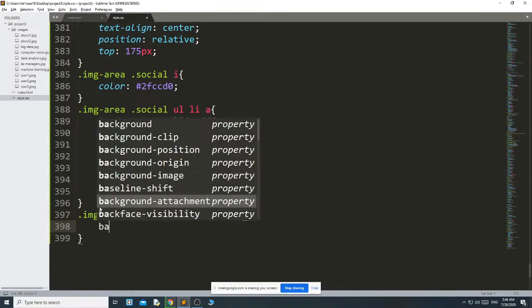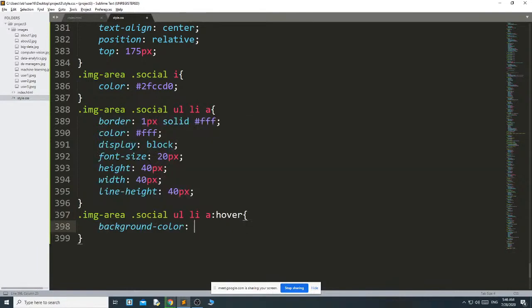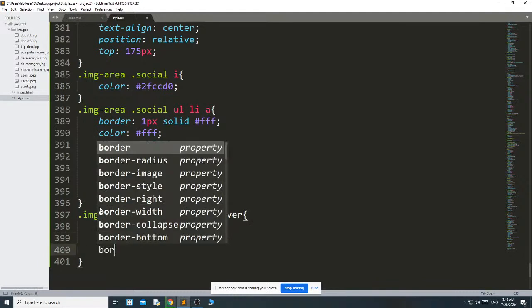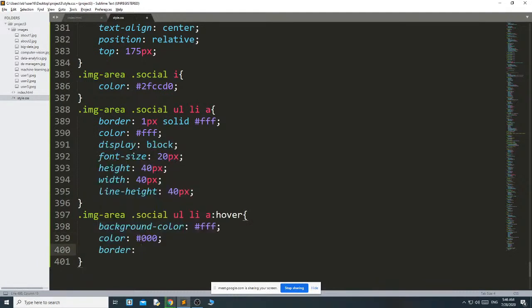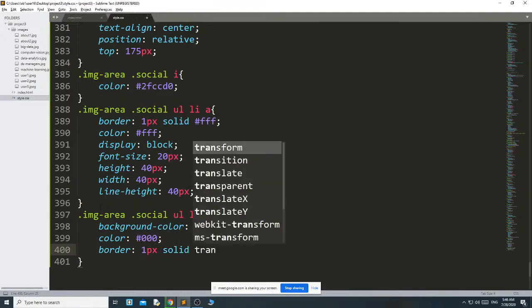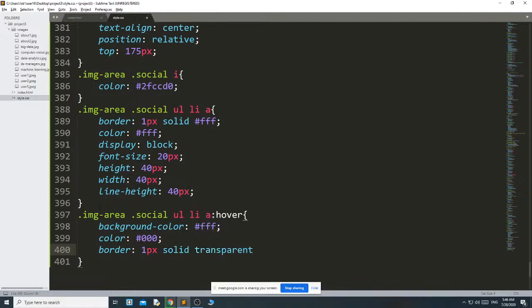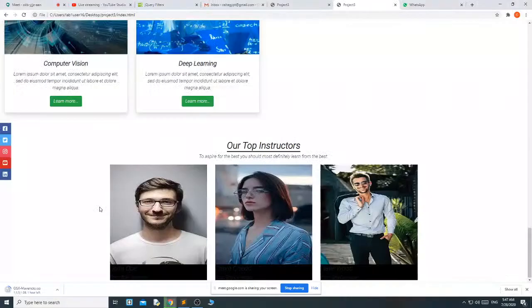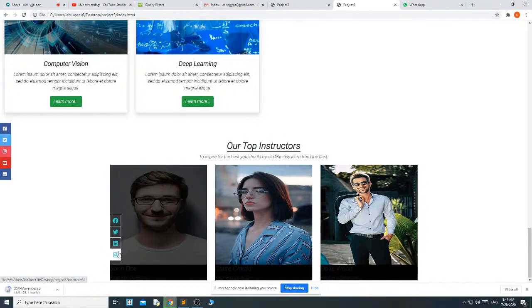Once we hover, I want the background color to be white, the text color black, and it will get a border of 1 pixel solid transparent. See, okay, the border is solid transparent.